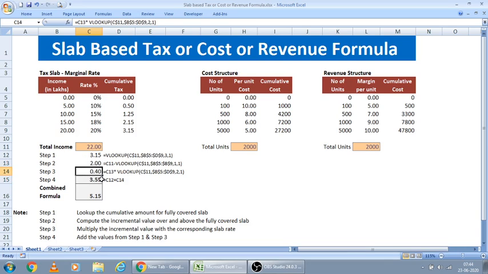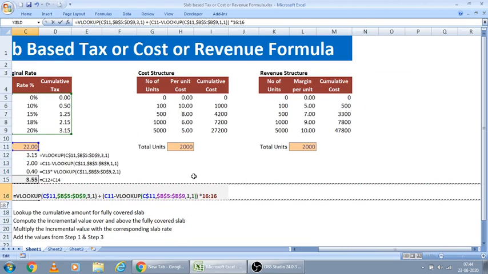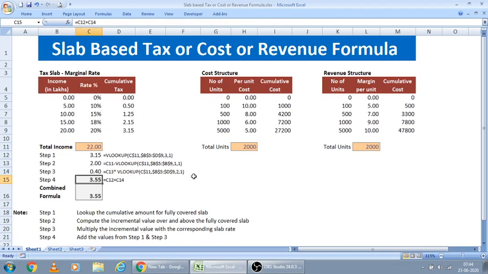And here this C13 is already added, so I am just bringing this tax rate alone, multiplied by this tax rate. So by this, we can put all these formulas into a single cell so that we can save space while working on a bigger data set.